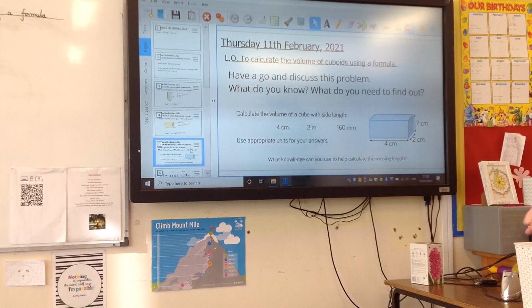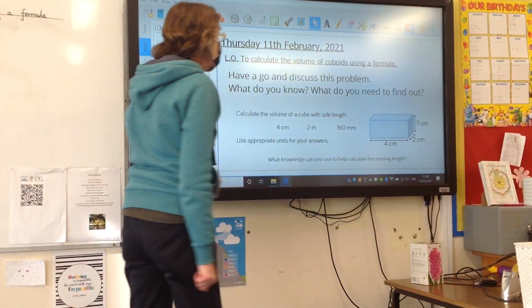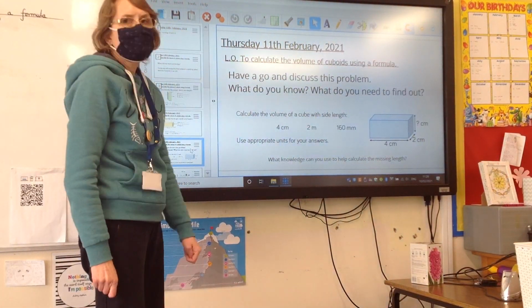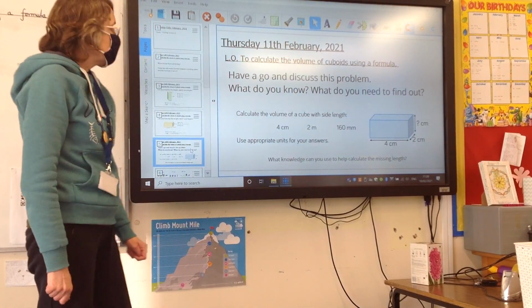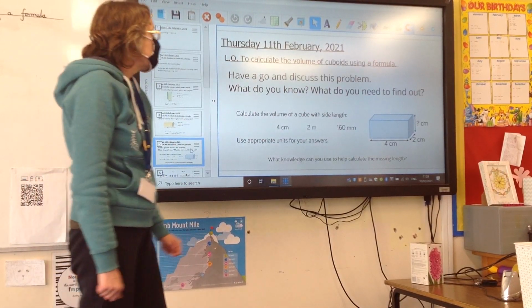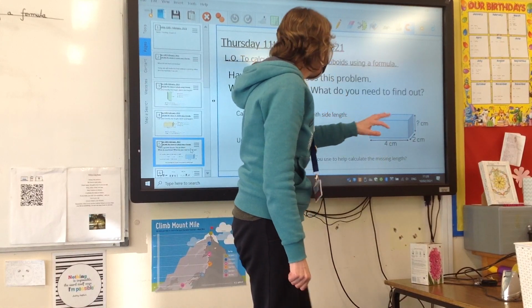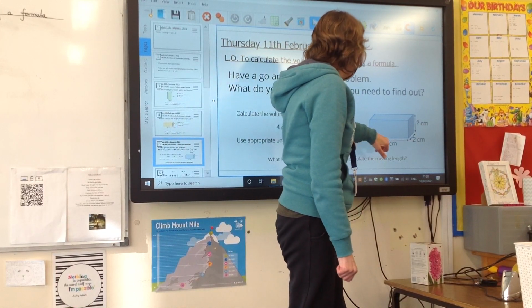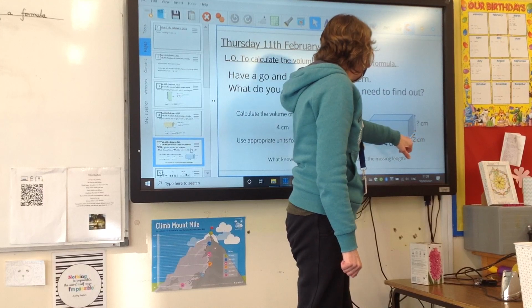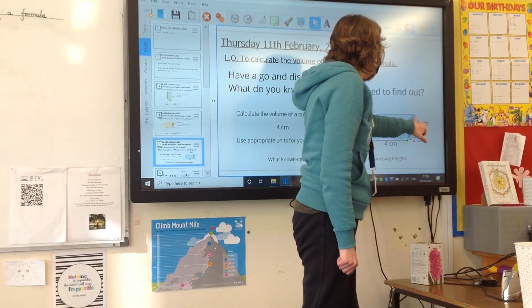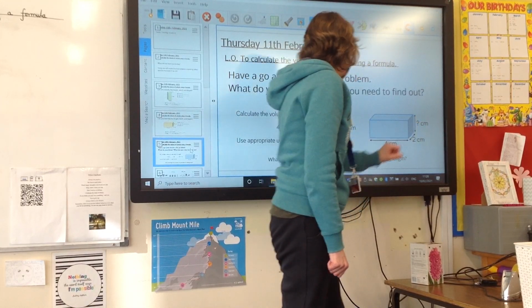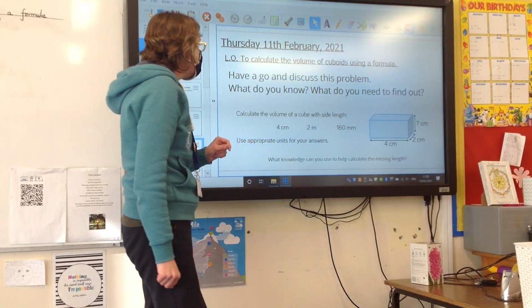Have a go and discuss this problem. What do you know? What do you need to find out? Right. You need to first of all understand what we're asking you to do. We've got a mystery cube. It doesn't look very mysterious. But we know the length and the width. We've got 4 and 3. We don't know that measurement. What I want you to think about is,